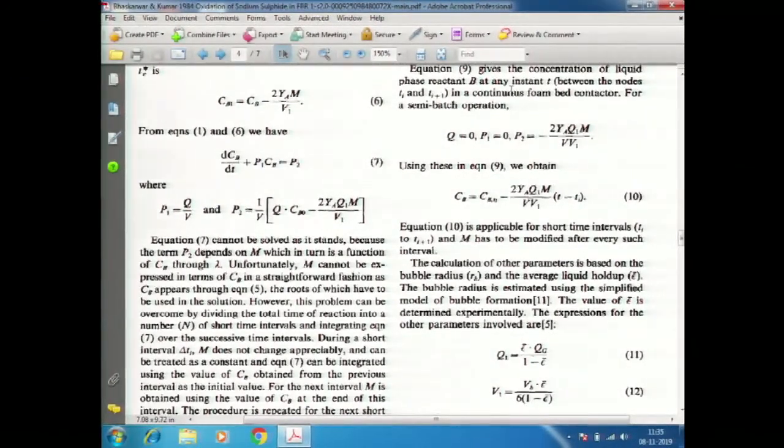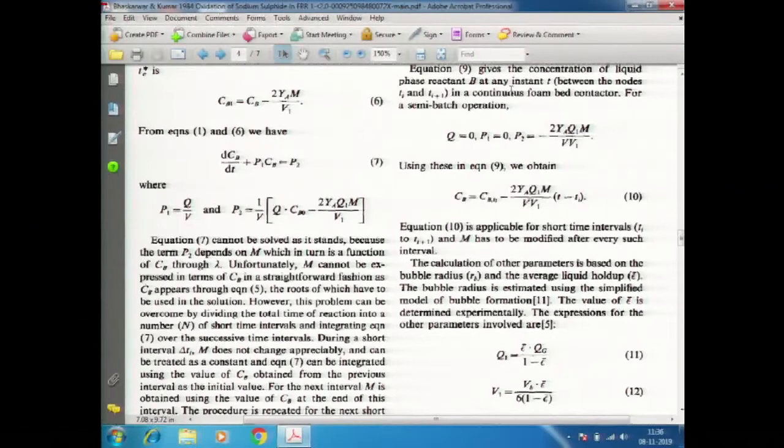For the reaction at hand and for the conditions we used, it turned out that 1 minute is sufficient. If you reduce delta t to less than 1 minute, your concentration versus time profile does not shift much. It is numerical integration in a different sense. It is not a numerical integration of a differential equation per se. It is because the reactor operation necessitates that the analytical solution has to be updated. This is an analytical solution. Okay.